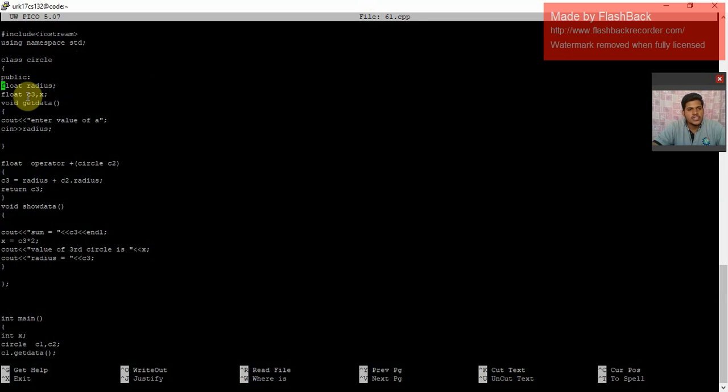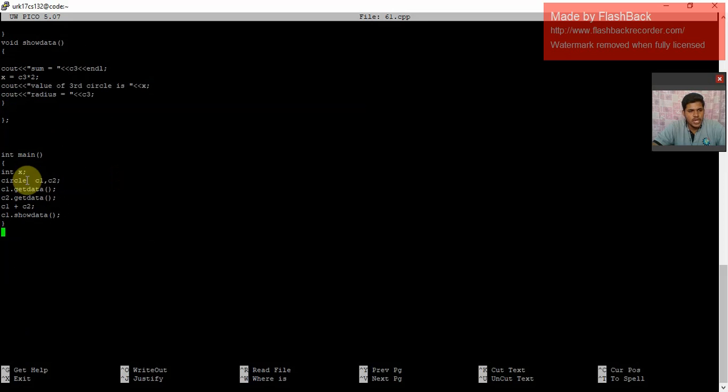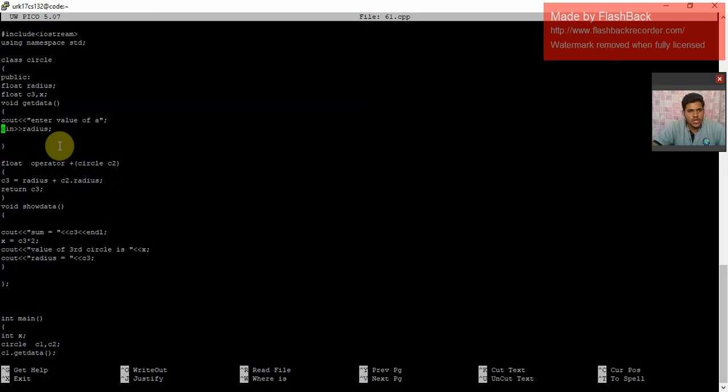have given radius, c3 and x in float, and void get data, and with the help of operator overloading I have created a function to add two radius objects. Now coming to the main function, I have created two class objects, that is c1 and c2, and c1 dot get data means I'm getting the first object's value from the user. This function will be invoked, and c2 dot get data means the second object's value will be taken from